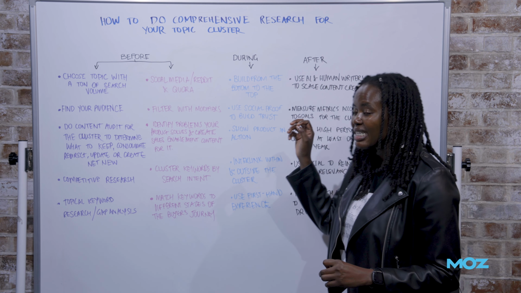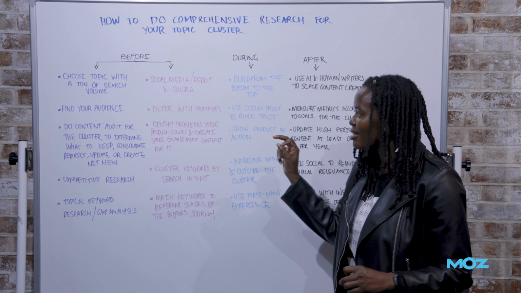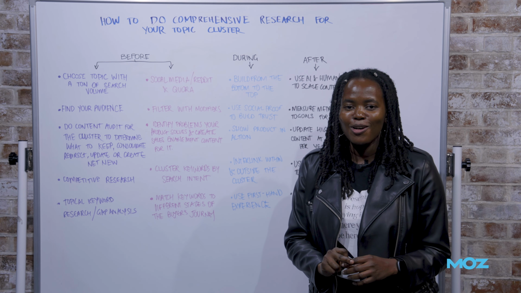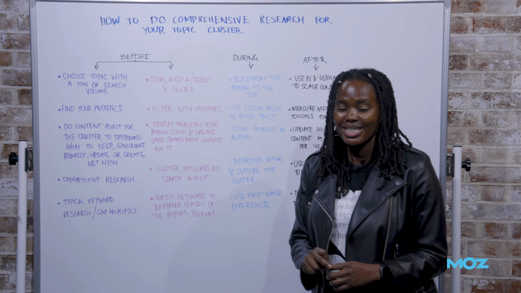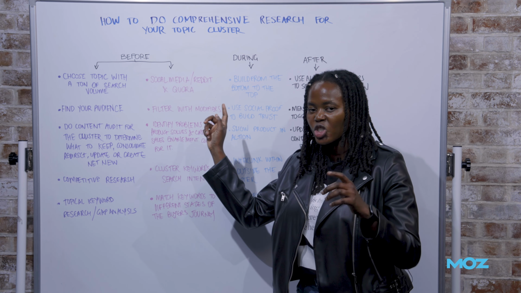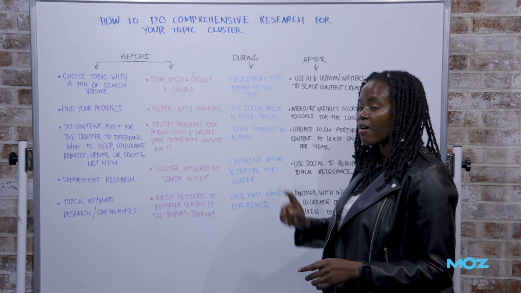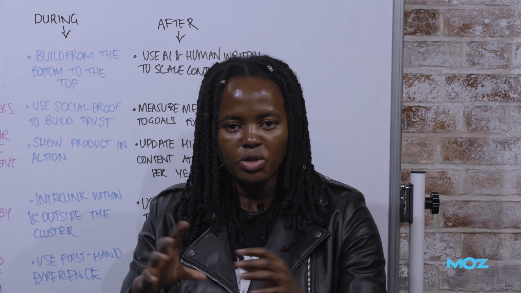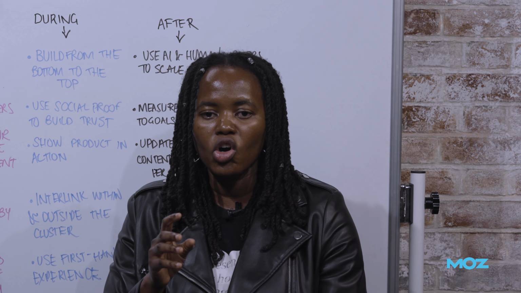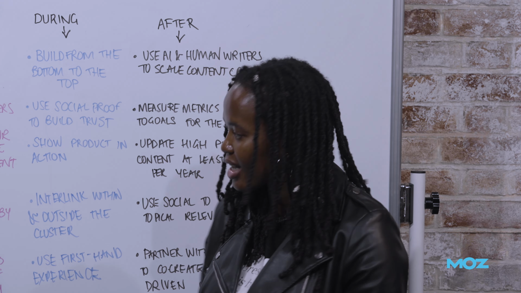Next step, and this is the most important one for me, filtering with modifiers. I did a previous Whiteboard Friday on money keywords that I think is going to really help you with choosing your modifiers. So check that out. When you filter out modifiers, you're looking for things like how to, what is at the top of the funnel. You're looking for buy keywords at the bottom and all of those other words that will just help you to really dig down into the core of what keywords you should be targeting.